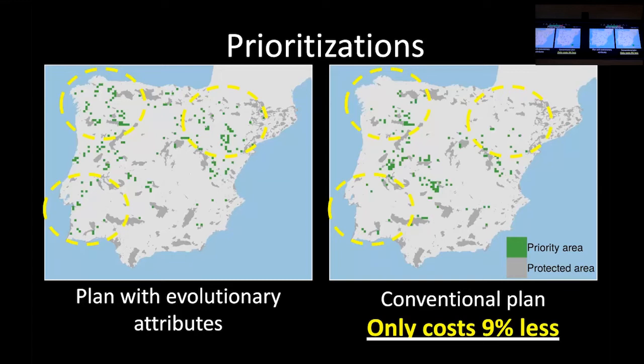A common concern is that when you throw all this extra criteria into spatial prioritization, it's going to massively increase the cost. But what we found was this plan cost 9% less than this one when we measure cost as a proxy based on anthropogenic impact across selected areas. So what I'm trying to say is, if you use all this extra information to refine your conservation plan, it's not necessarily going to massively increase the total amount of area or total cost associated with implementing that plan, which is good to know. But more data isn't always better.